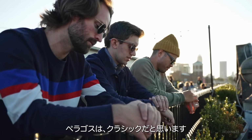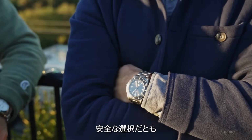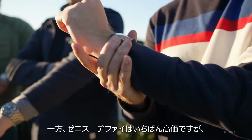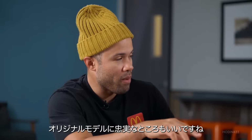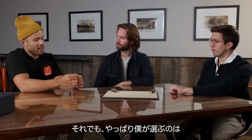The Pelagos is, I think, classic. It's also safe. It's also the lowest priced out of the bunch. The Zenith, on the other hand, is the most expensive of the bunch. I do like that it's unique. I do like the callback to the original, but of course, I'm going to pick the Grand Seiko SPGA 211,